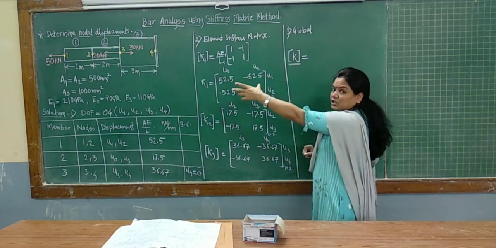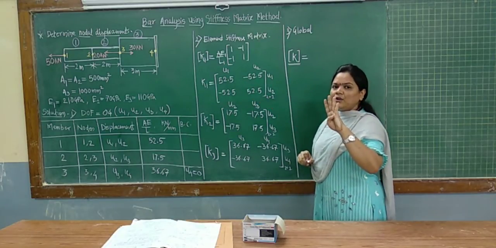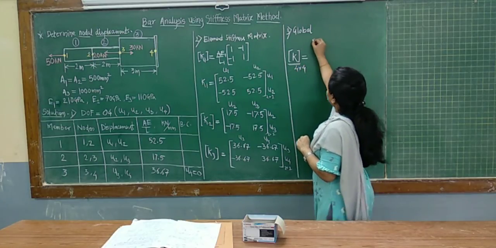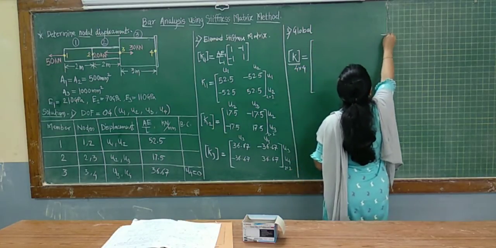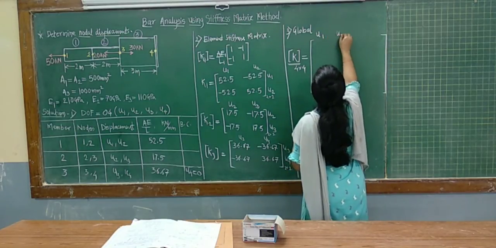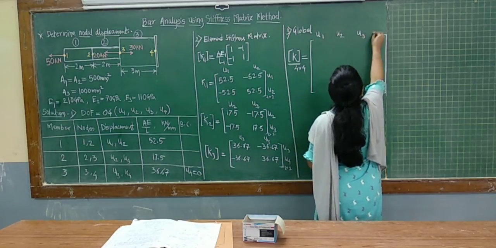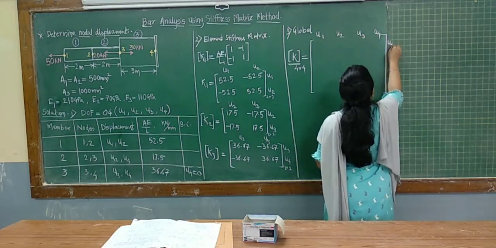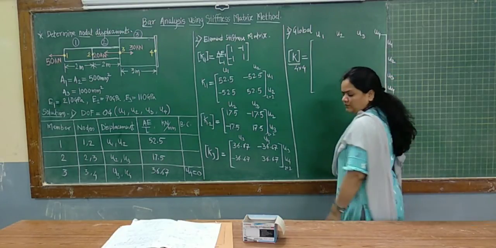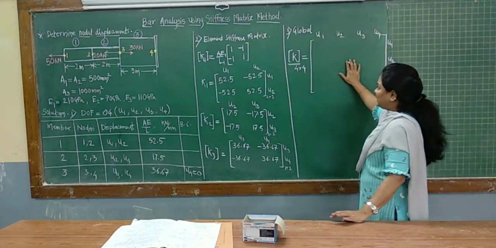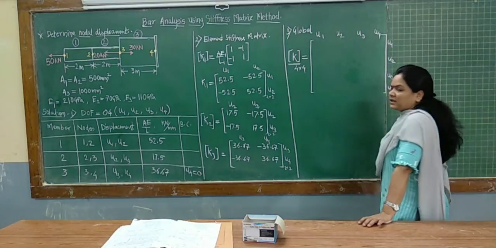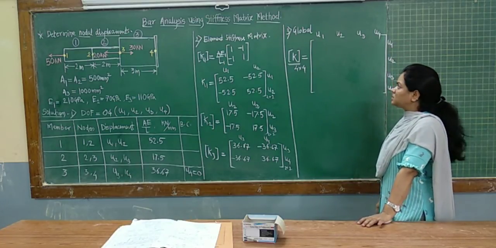So total structure as a whole if you consider, there are 4 nodes. So order of this matrix will be 4 by 4. So here you have to draw that 4 by 4 stiffness matrix. There will be 4 columns associated with these displacements U1, U2, U3 and U4. Similarly, rows U1, U2, U3 and U4. And here the elements of this matrix are the action corresponding to these displacements.